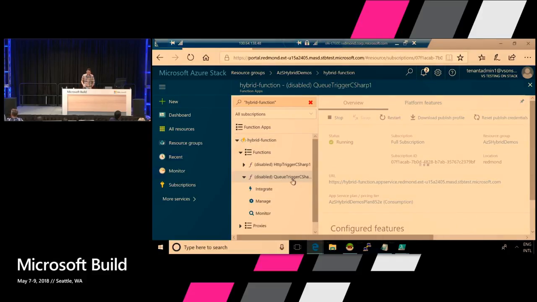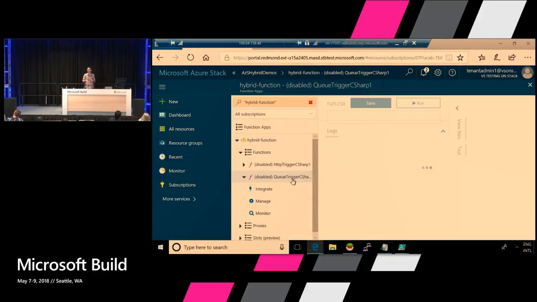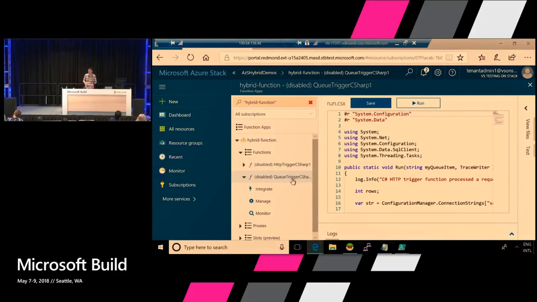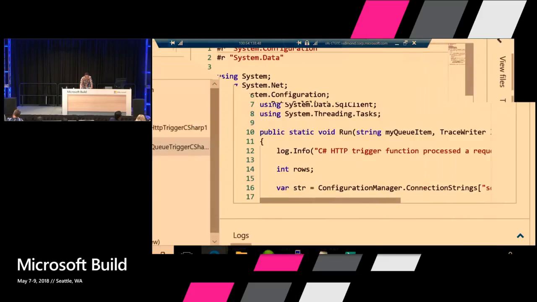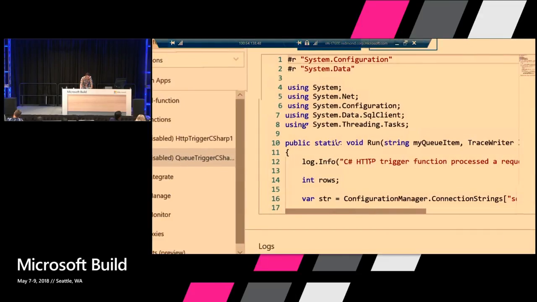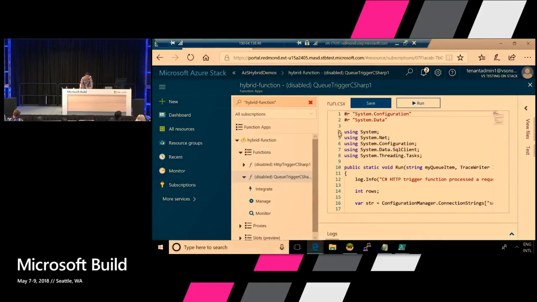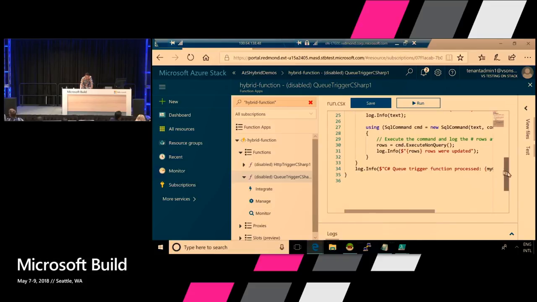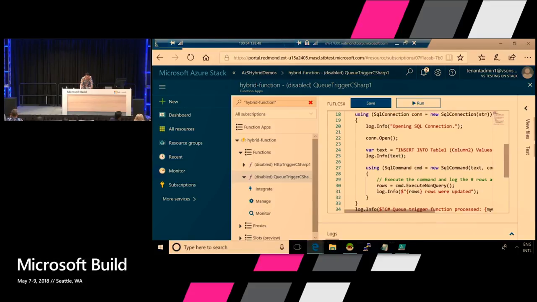I created a function, very straightforward. It just receives an item and writes to a SQL database. I'm not going into the details of the code; it's very straightforward and uses the SQL client classes. When this function runs, it will write a record to that SQL database.